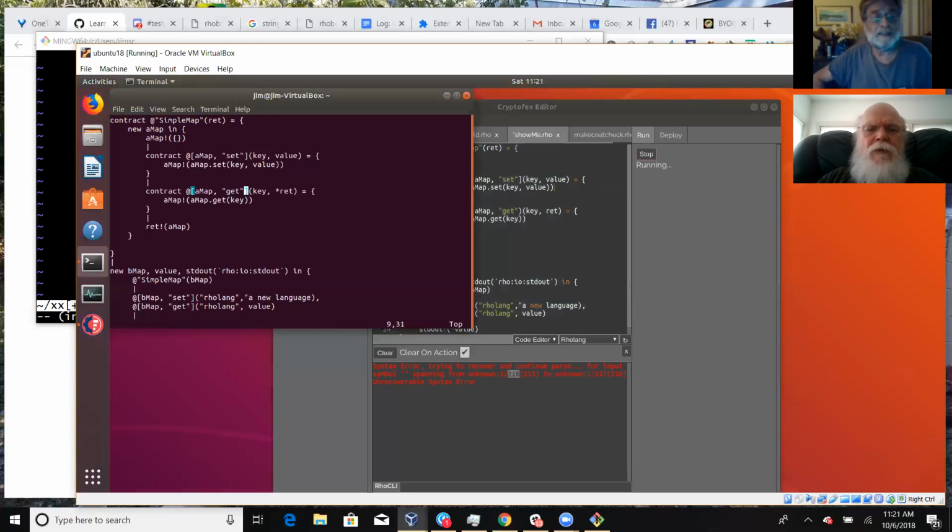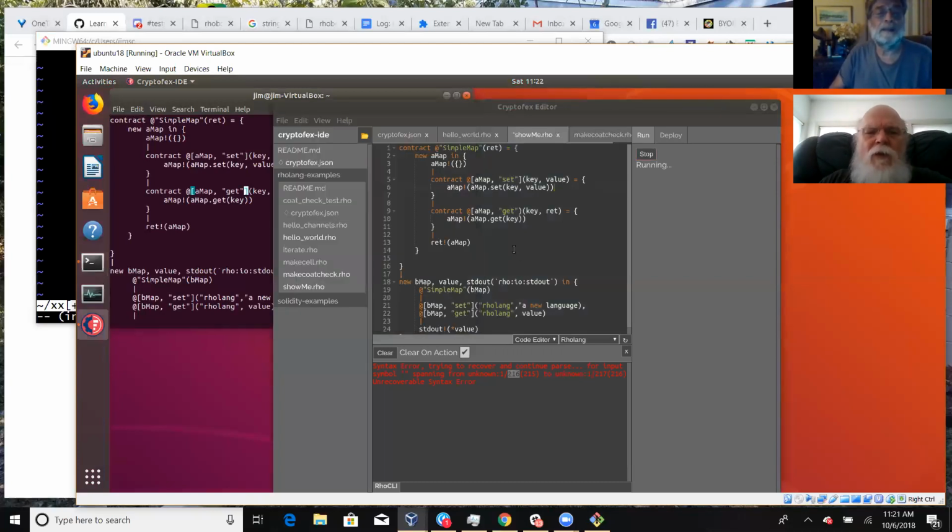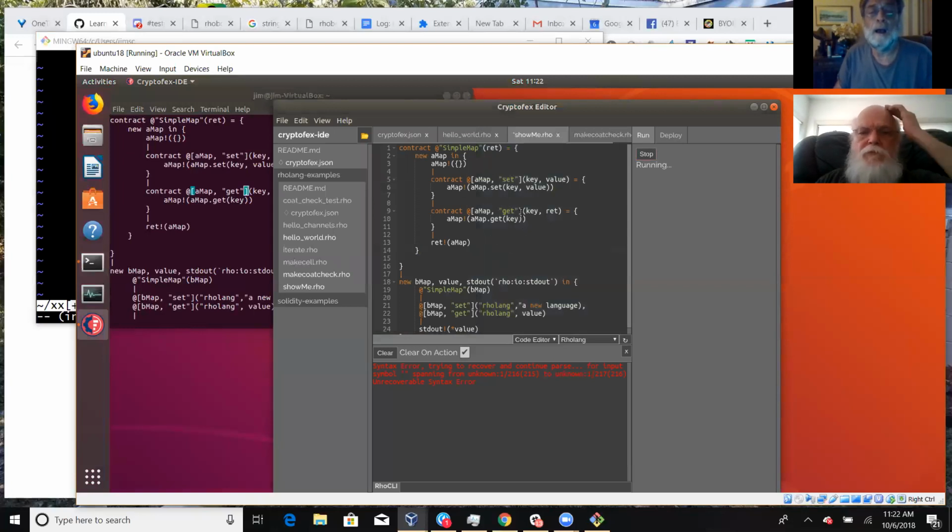Okay, the name of the contract is a list. I made it a name by putting an @ sign in front of it. All right, run it again and see what it says. But I understand. I see that now. It makes sense to me. Okay, and I didn't make the fix in the right place. Was that the only fix? I can't remember.